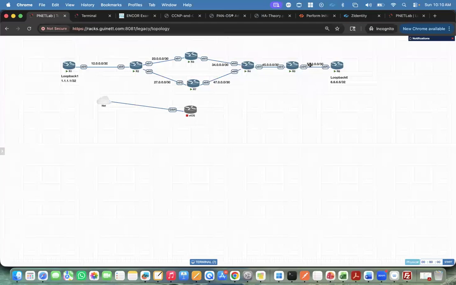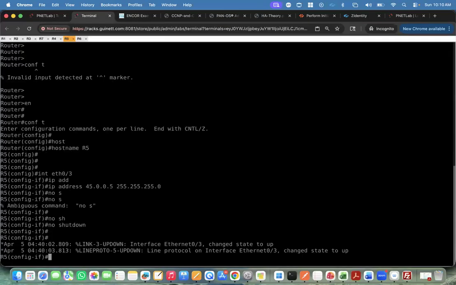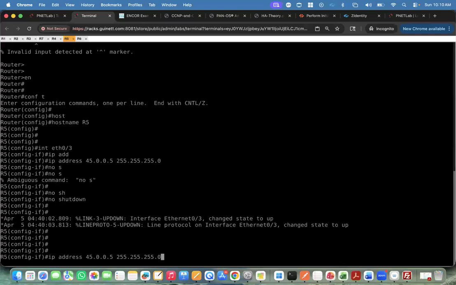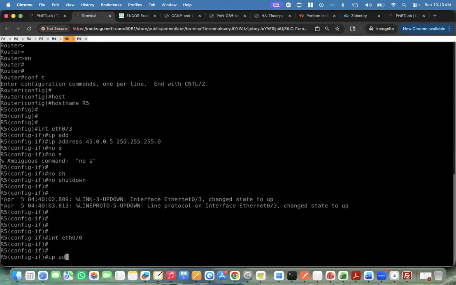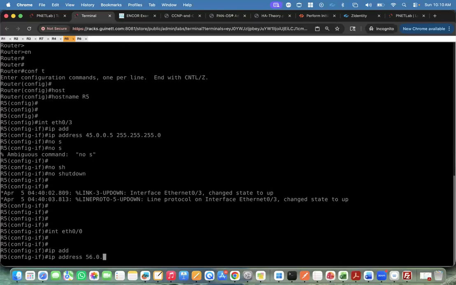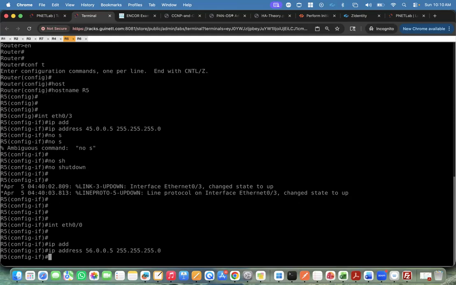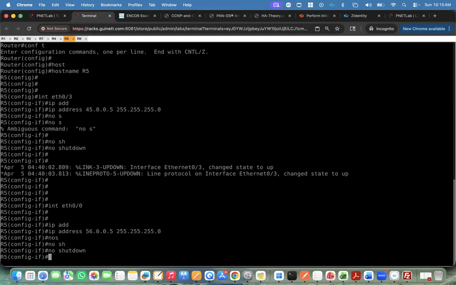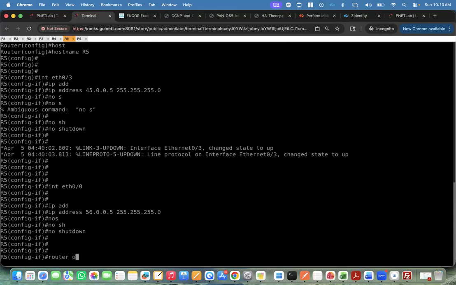And one more, 56 on 0/0. So it is going to be 0/0, IP address 56.0.0.5 255.255.255.0, no shut. Okay, again I'll go and configure router